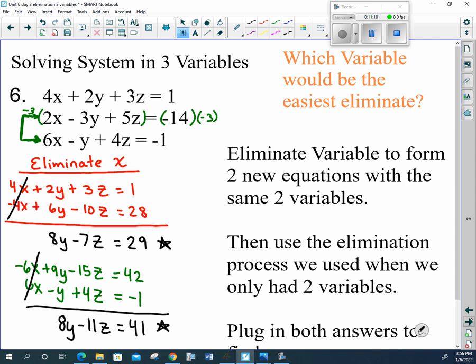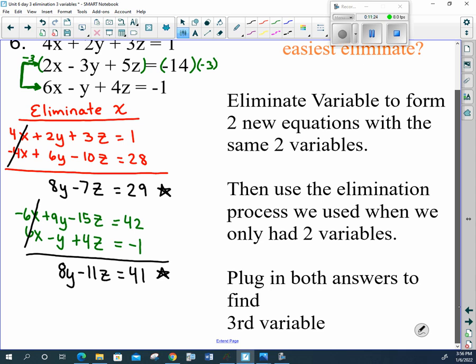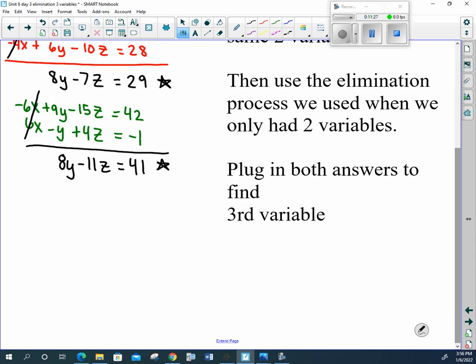Okay, so what we've done is we've taken our system with 3 equations, 3 variables, and we have now reduced it down to 2 variables and 2 equations. Those are our star equations. So that's what we want to do. We want to keep reducing it until we get it down to 1 equation, 1 variable. So now I'm going to take my 2 star equations and decide what variable to eliminate. So it looks like to me y would be an easy one to eliminate. I've got a positive 8y in both of those equations, so if I multiplied one of them by a negative, they would be opposite. So I'll take this 8y minus 7z equals 29,